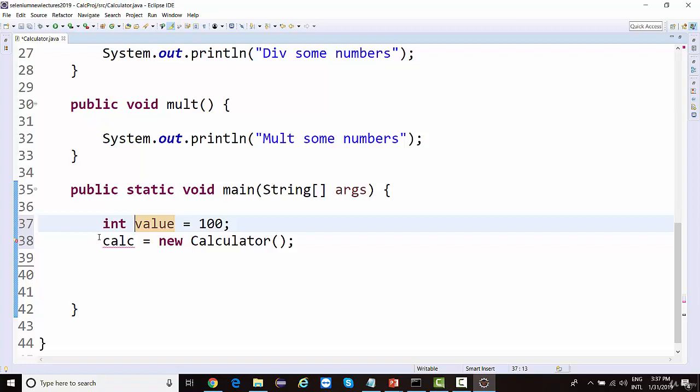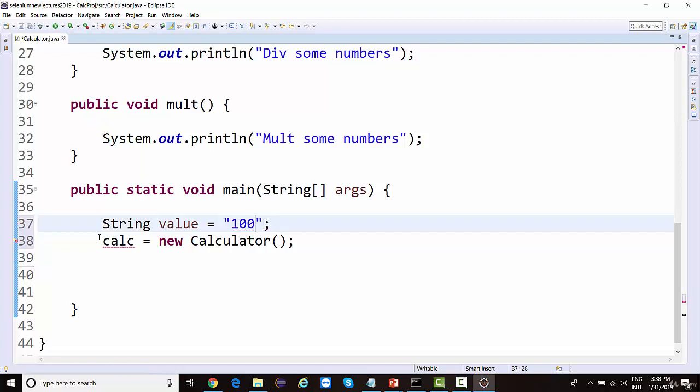The type is integer. Can we store it in string? Can I write string? It will throw an error. Can I write boolean? It will throw an error. So only and only I'll be able to store it inside int. If I want to store it inside string, I need to add it in double quotes.